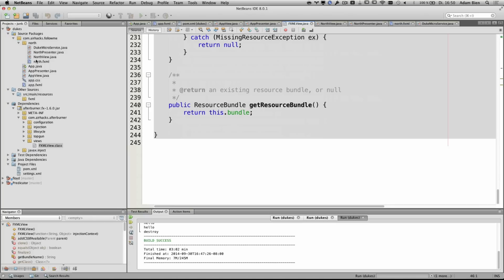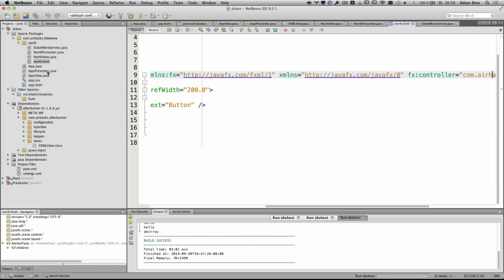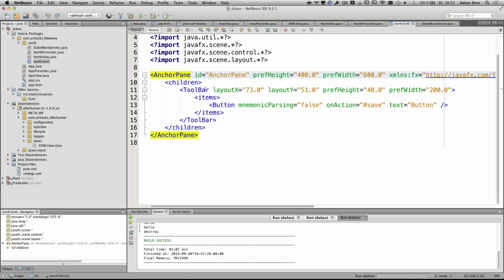And what I also like is that the XML is somehow readable. If you look at this, it is actually the same hierarchy which you would write in code, so you can convert this more or less directly into Java code if you like.